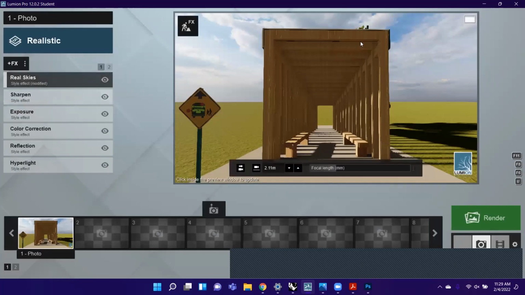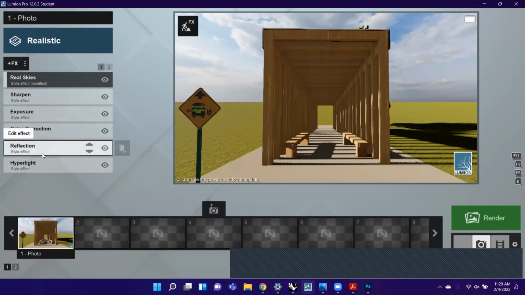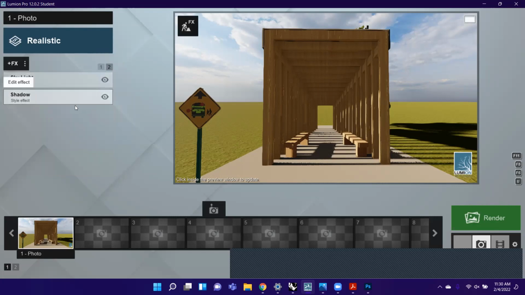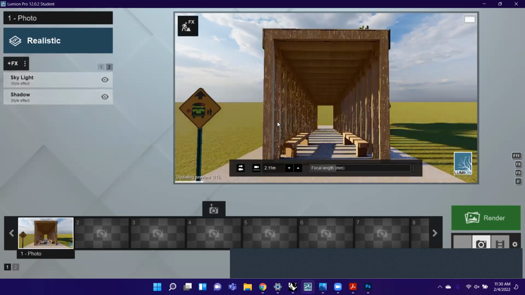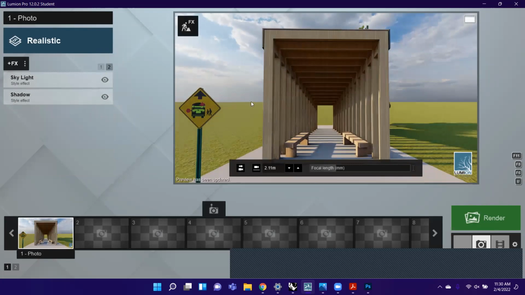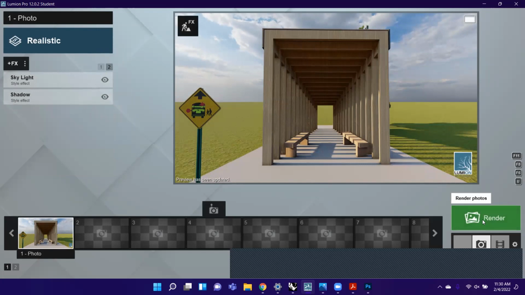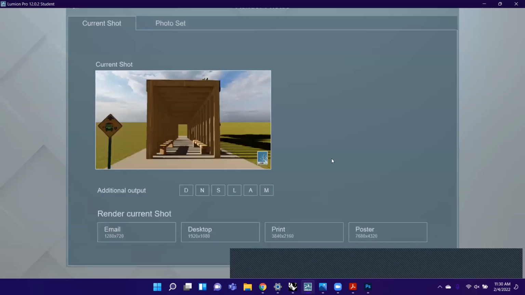So you've got your shadows. A lot of this you really don't have to play around with that much, because in my opinion, things like exposure and color correction are better to do in Photoshop. Skylight, shadow, you don't really have to play around with that very much. So, we have this view. Let's go ahead and do this. So if we go and we render this view,